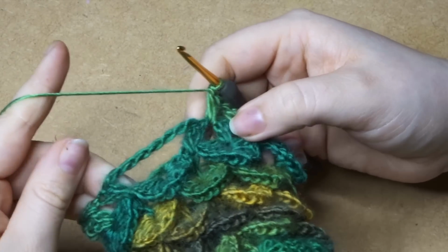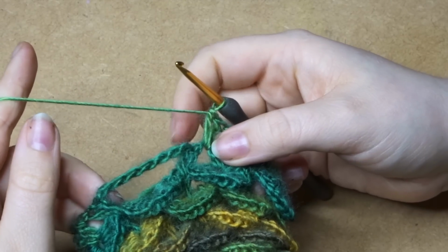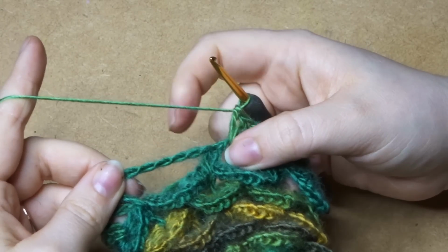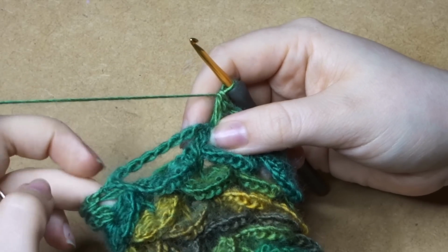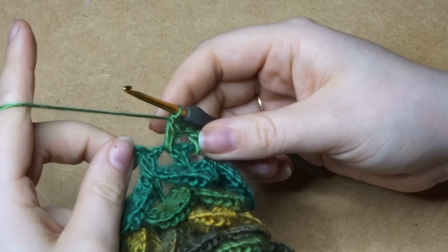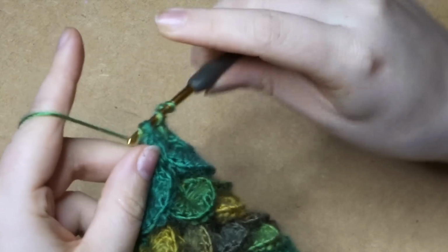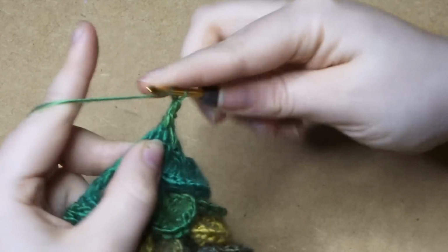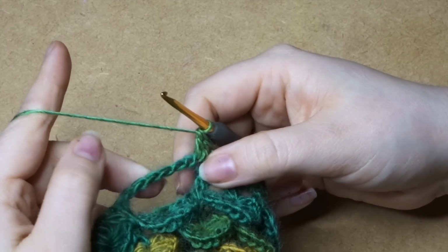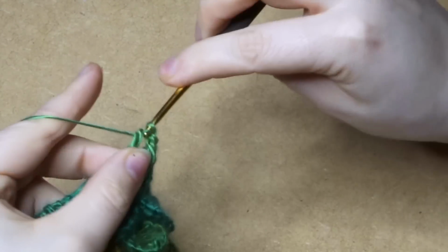So here's the chain 8, and what we're going to do is put 2 double crochets in the chain 8. So we're going to do 1 at the start, so 1, 2, 3, 4, 5, 6, and then 1 at the end, 7, 8. So 4 sets. So just right in the start here, 1, 2, skip 2 chains, 1, 2, and do another 2,